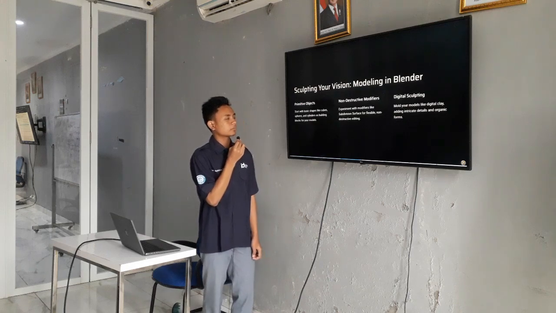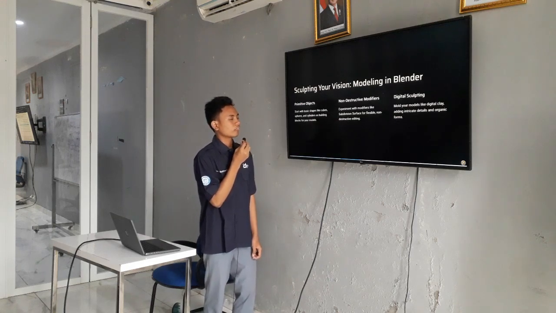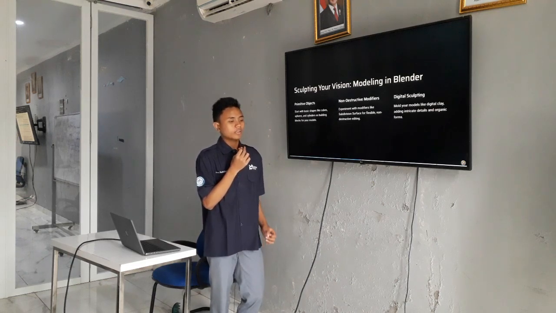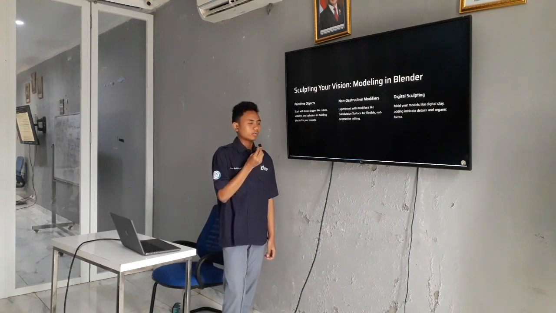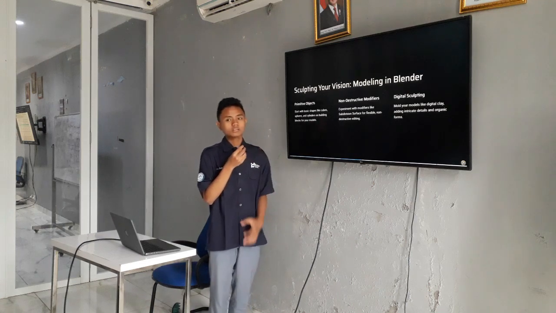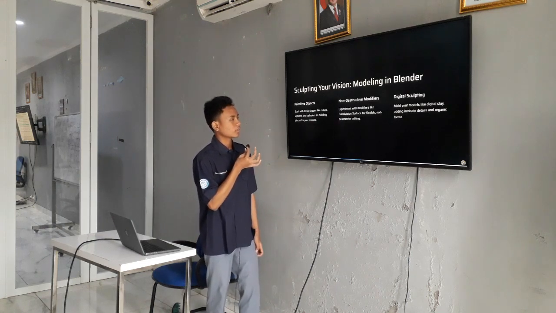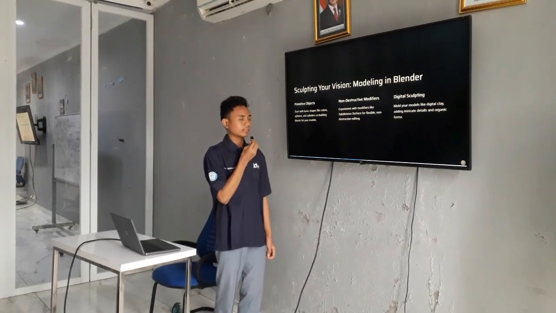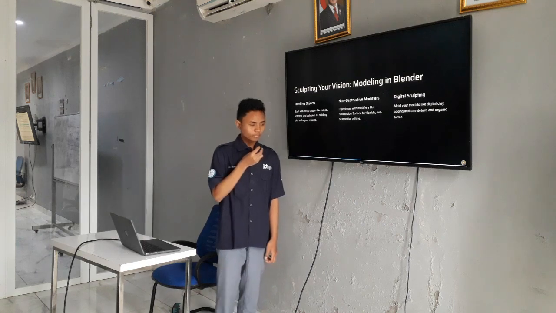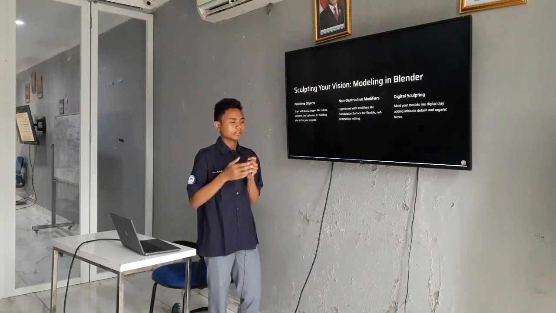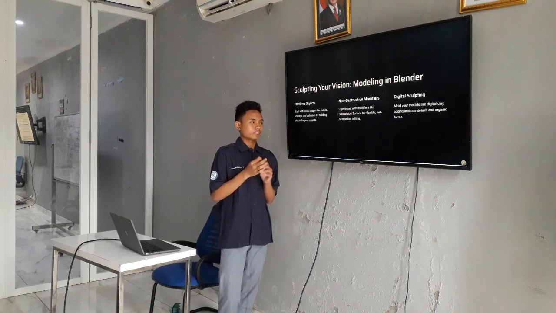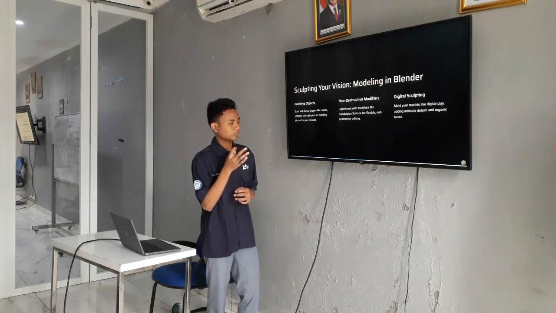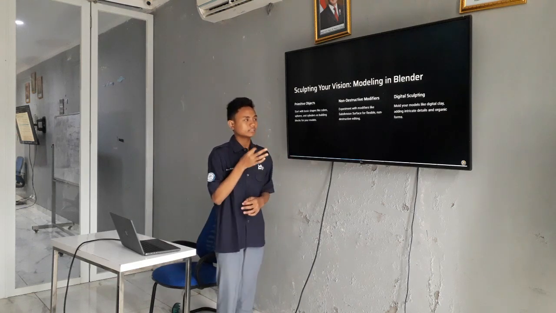You can experiment with modifiers like subdivision surface for flexible and non-destructive editing. So subdivision surface is for smoothing your object. Like if you want the corner to become smooth, you can use the subdivision surface. And in Blender, there are a lot of modifiers that you can use, like array for duplicating precisely, and then mirroring to mirror the object to the x-axis or y-axis.